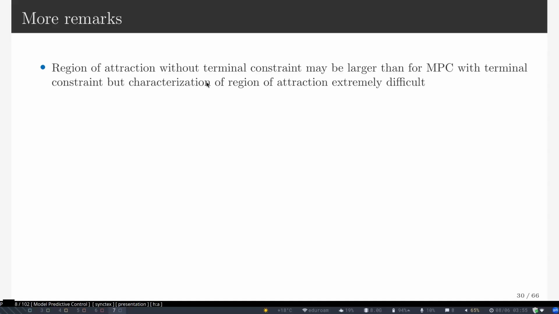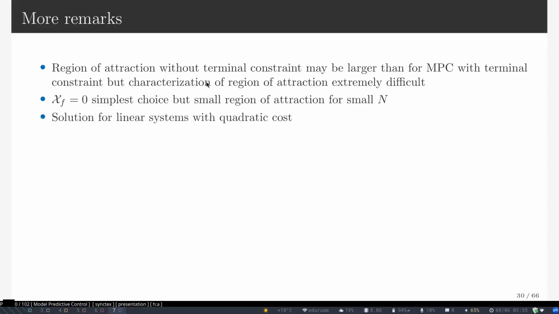Now talk about region of attraction, to the point that you want it to go. It's very hard to characterize it. You can set the origin, really, just where the error is zero, if you're tracking a particular input. That's the simplest, but you end up with a very small region of attraction. We can represent it for linear systems, but at quite a big cost. But again, in practice, use a large horizon and check stability by sampling. So start from a short horizon, crank it up until you get somewhere that you like.